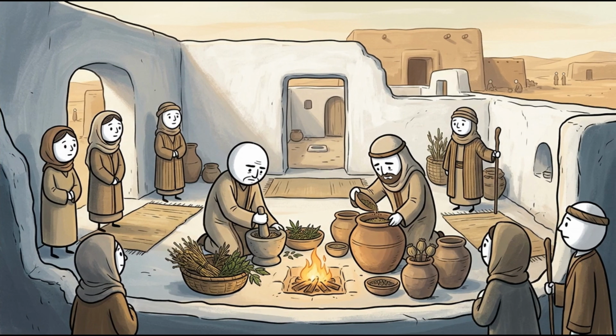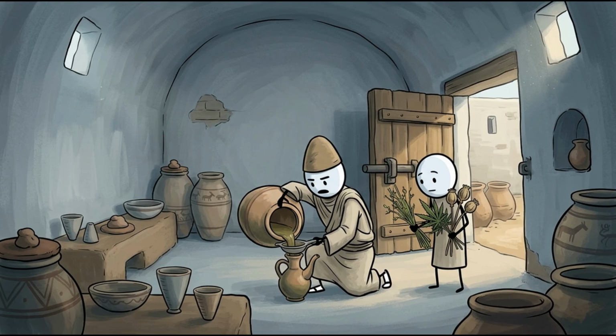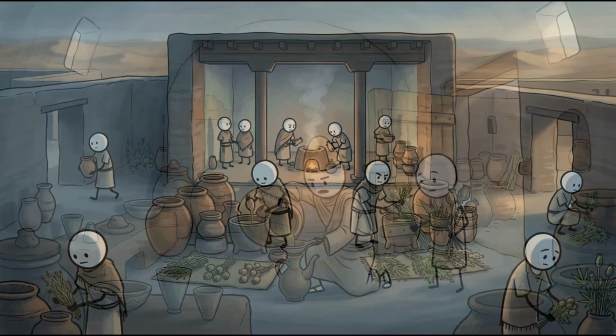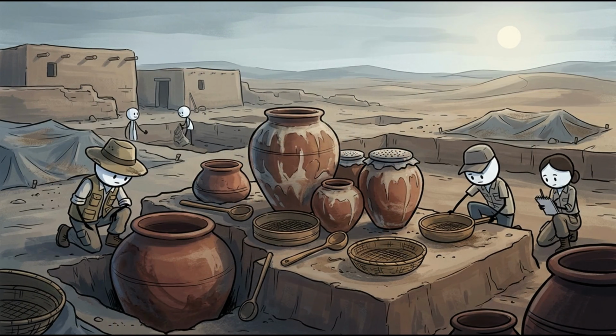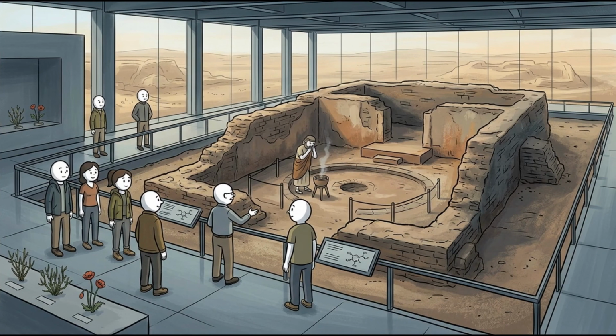What can be said without qualification is the function of the room. It was sealed. It was accessible only to a defined group. It processed plants with measurable psychoactive effect through equipment purpose-built for the task inside a temple whose priests, on the evidence of the texts that come after them, drank to see something ordinary sight could not reach. The vessels are in the museum in Ashgabat now, empty, their residue already sampled and consumed by the analysis that